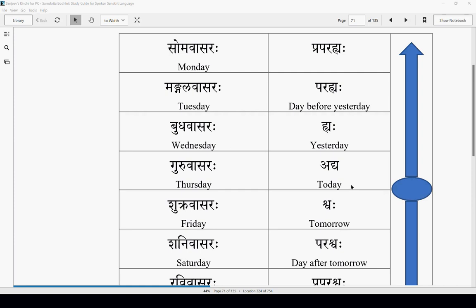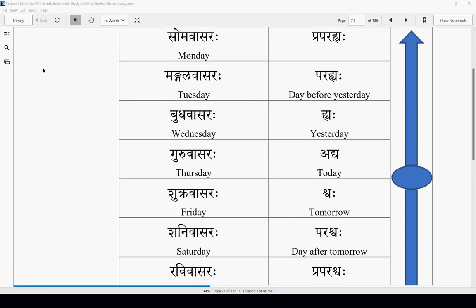So then, otherwise there is Soma, Mangala, Bodha, Guru, Shukra, all these. Why are they in this sequence, and what is the significance of naming these days with these names? Why are they in this order? Why can't the Budhvasaram be the first day, instead of Soma, like a week? Is it because of the distance from the earth? No, the moon is the closest. I don't know. Well, they are not calculated that way, but